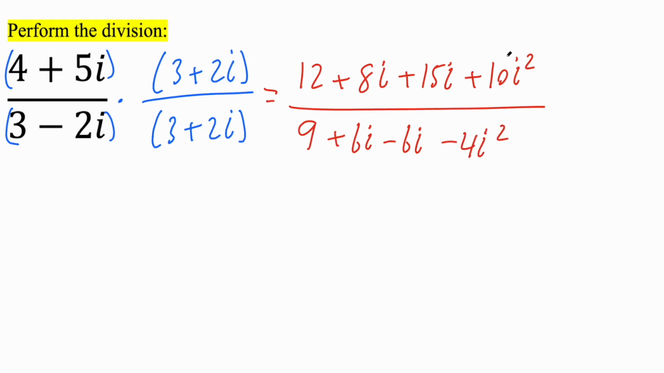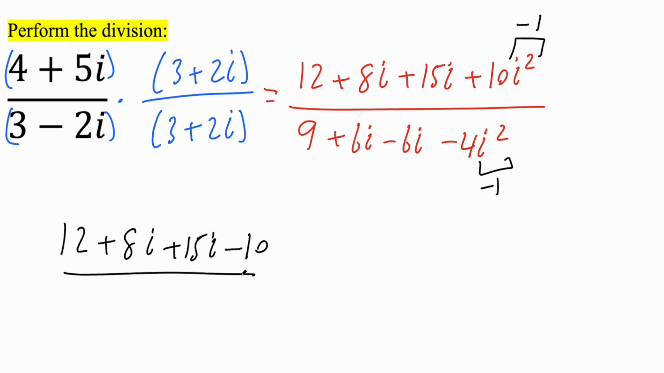At this point, we have to remember i squared is equal to negative 1. Again, i squared is equal to negative 1. And so now we can clean it up. We have 12 plus 8i plus 15i, and then 10 times negative 1 is negative 10, divided by, then we have 9 plus 6i minus 6i, and then negative 4 times negative 1 is positive 4,